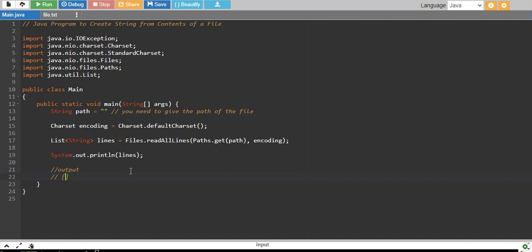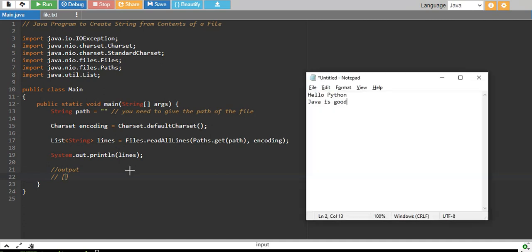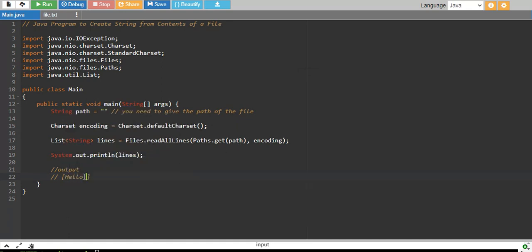You will have a list, and in the list you will have the first line and a comma-separated second line: hello python, and java is good. This is a list, and every line is a comma-separated value stored in your list.